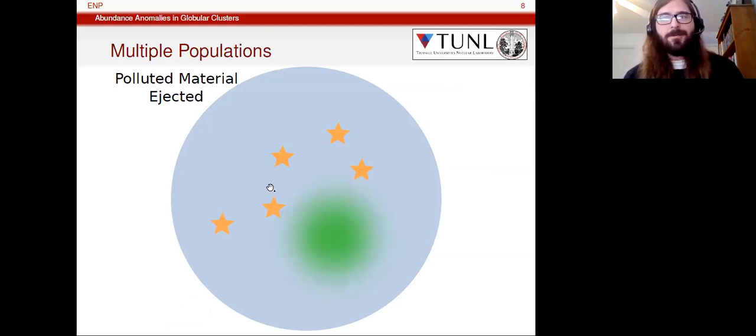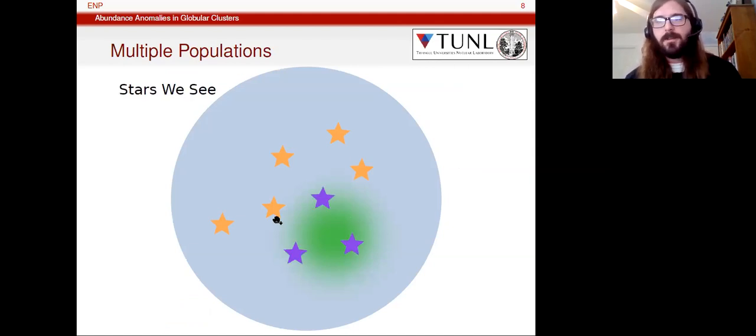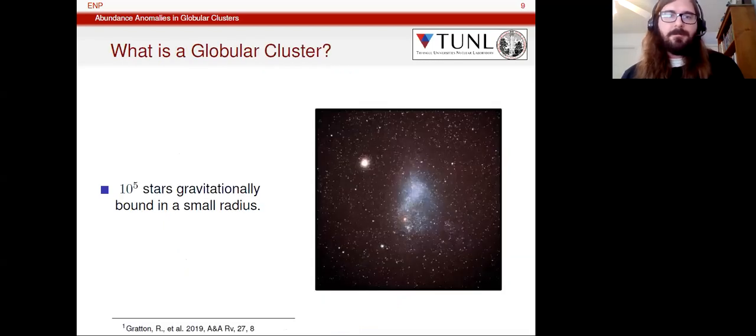It then somehow disperses this back into the cluster, and then finally a second population of stars is born. And this is what we see today. And so this is what is kind of happening inside these clusters. And so, just revisiting where we started: what is a